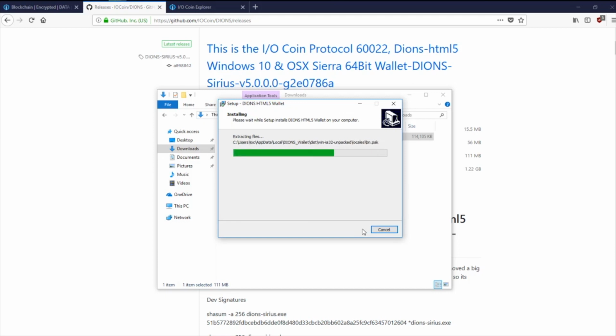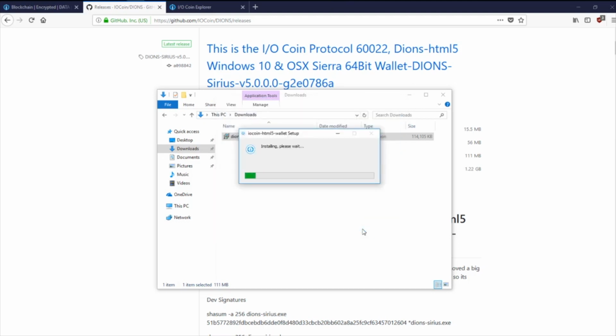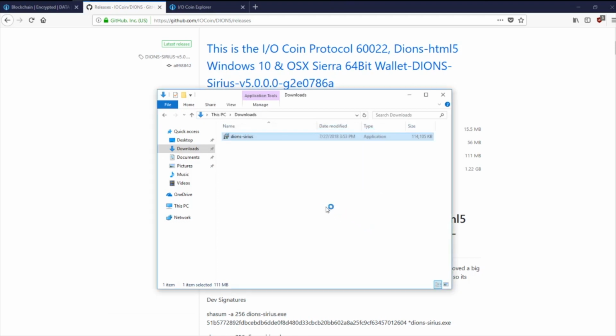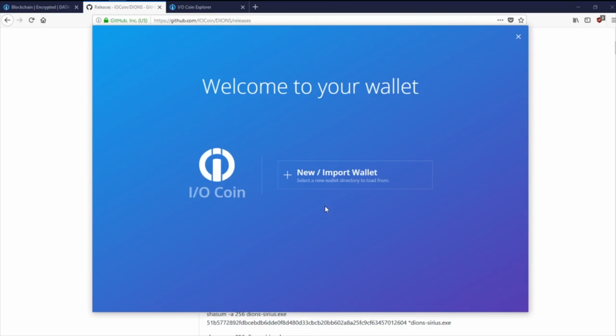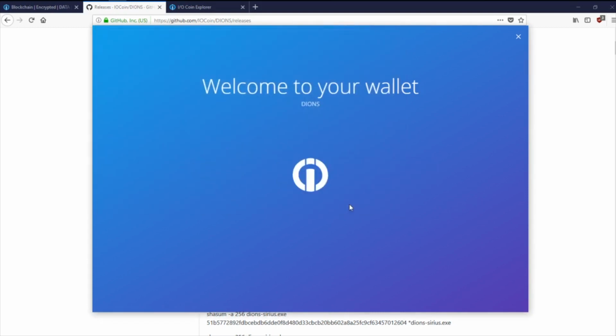Okay, the next step will ask us for a folder to house all the wallet files. So we'll get to that part quickly here. So opening the wallet for the first time, you'll have to import a new wallet. And so in here, it has created this folder right there for kind of the cache files. So what we'll do, just to keep it easy and stock here, we will create this folder, select it, and